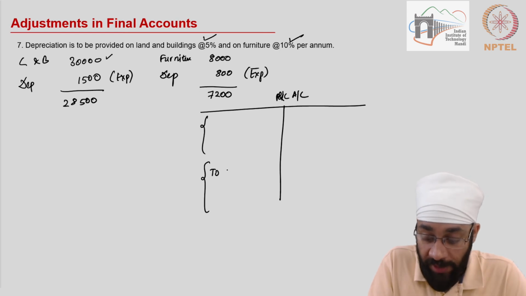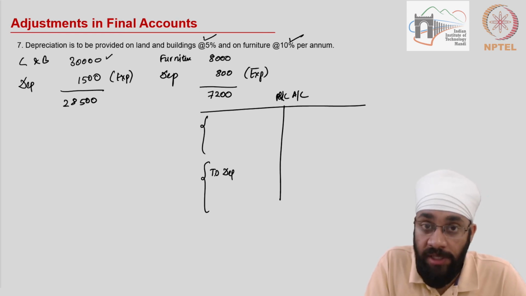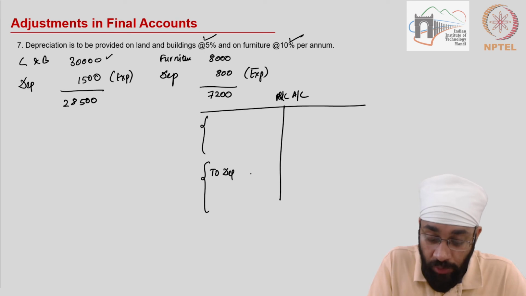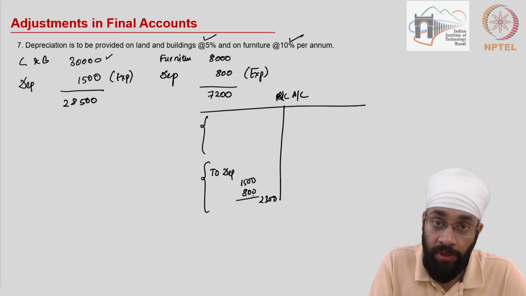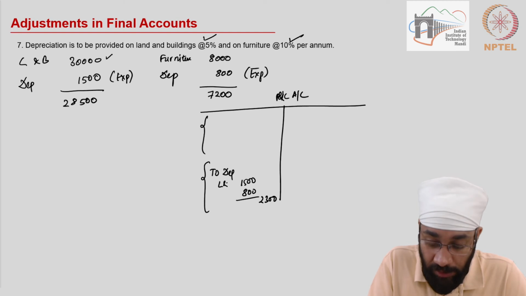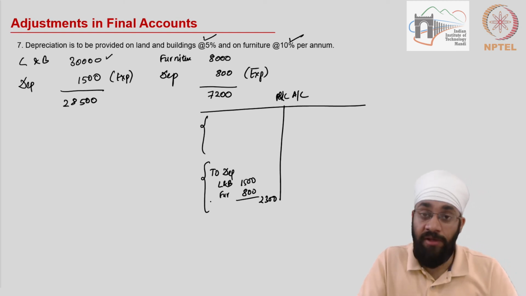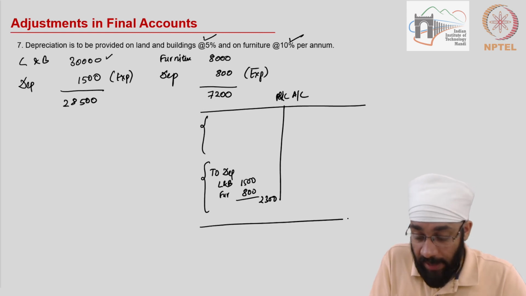I will show the depreciation in the second section. So total depreciation to be shown is going to be 1500 plus 800. So 2300 is the total depreciation, and this is on land and building, and this amount on furniture. Again, you write the longer forms, and in the balance sheet,